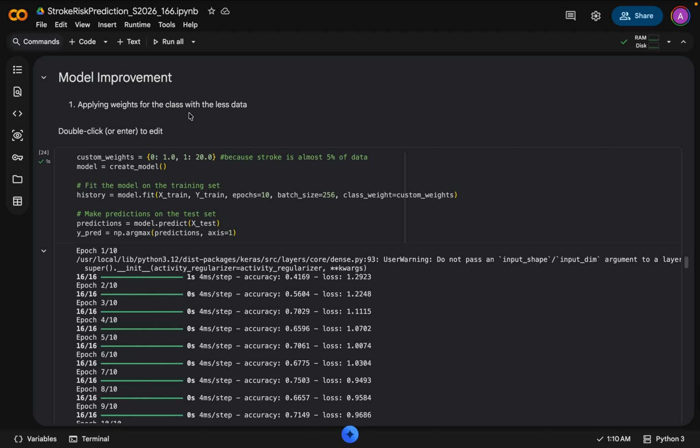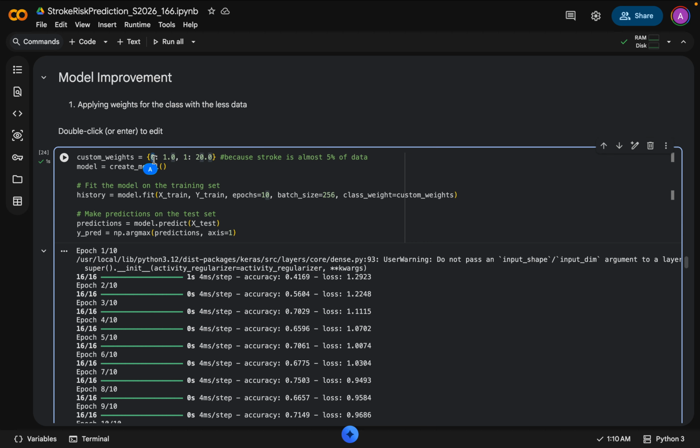Anyways, so the first model improvement method is applying weights for the classes. As we saw in the beginning, in the data visualization, people who were identified with stroke are much less than people who did not. So I did some custom weights where 0 is people who didn't have a stroke, and the weight remained the same as 1, but because only about 5% of people had a stroke, I multiplied the weight by 20, because 5 times 20 is 100%, which is close to the other